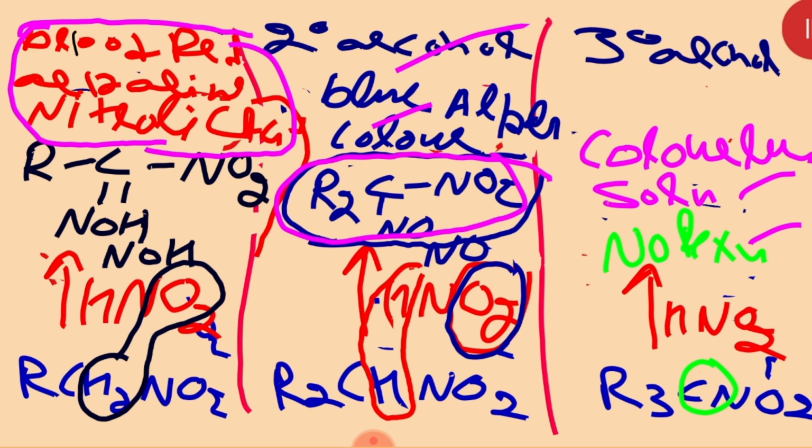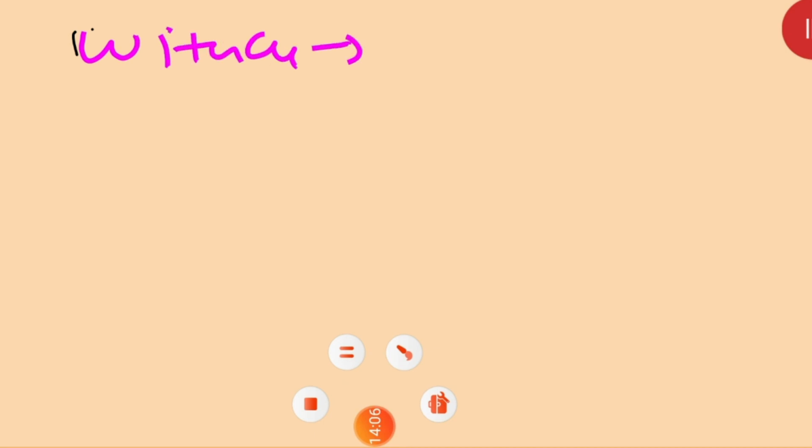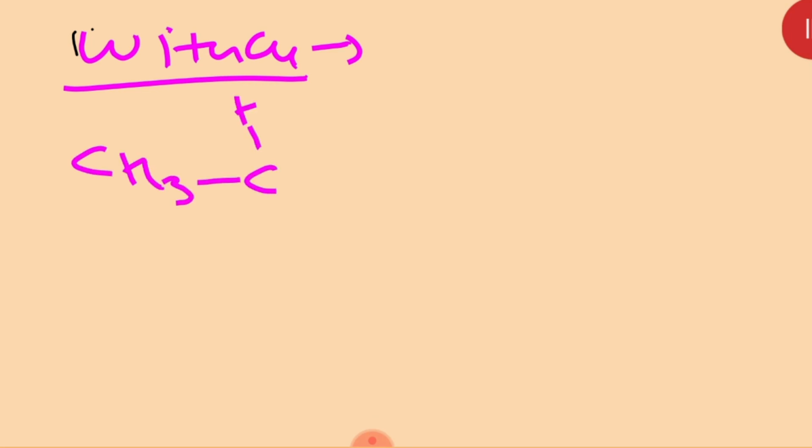Okay students, now after that we have to do a reaction with copper. I told you about it, reaction with copper. Again with copper we have to distinguish between primary, secondary and tertiary alcohol. Okay, you must see, all of you. Suppose here I am writing CH3CH2OH. This is a primary alcohol.